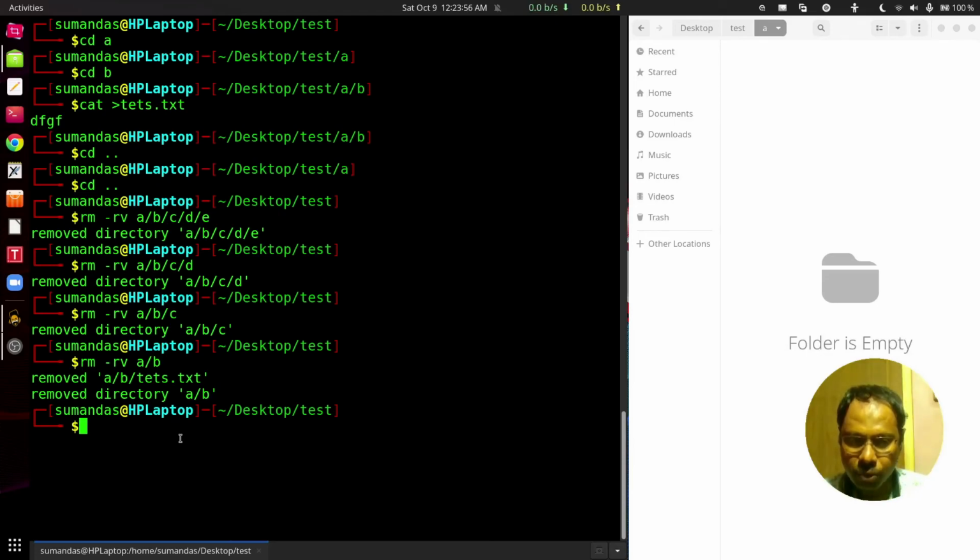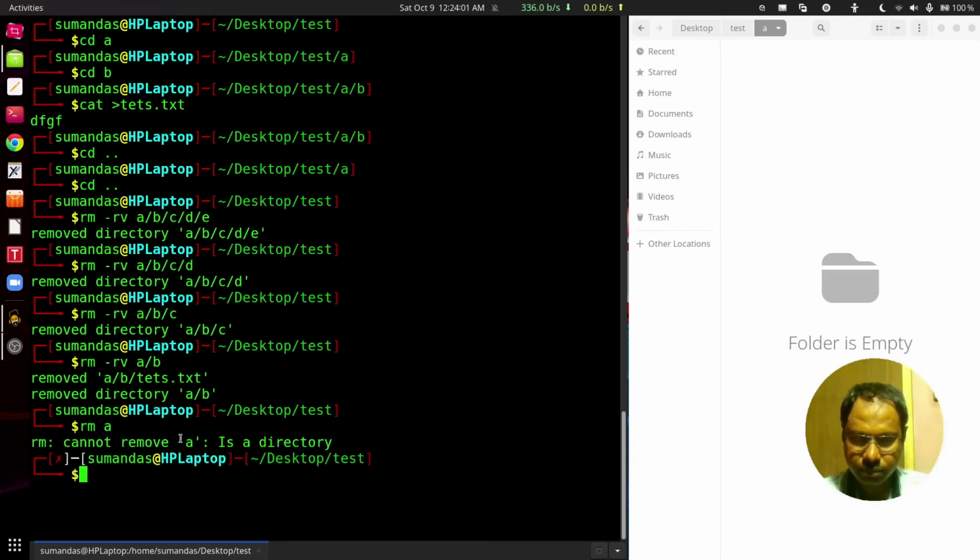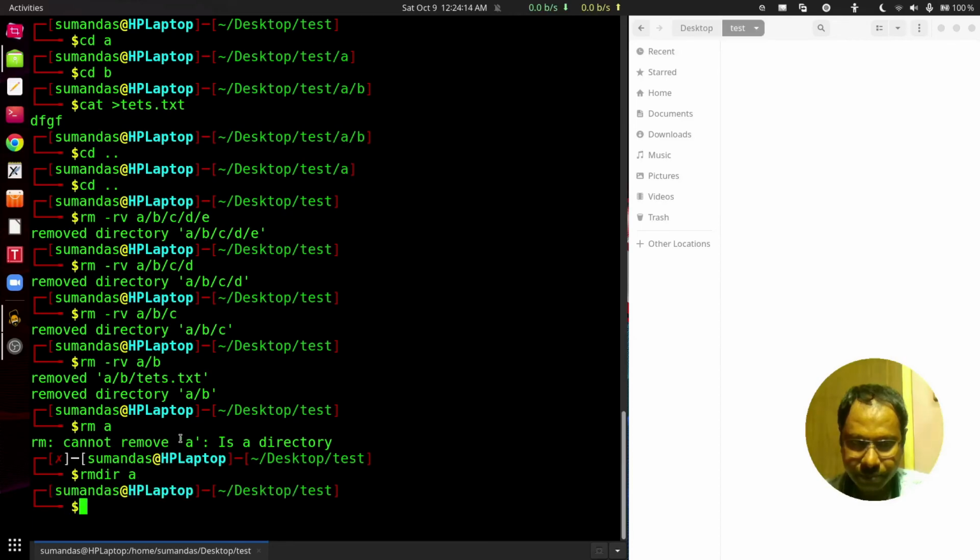Finally, remove the A directory. So rm cannot be used to delete the directory A. Here we can use rmdir then A, and now the directory A has been removed.